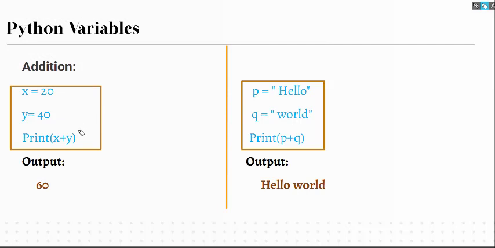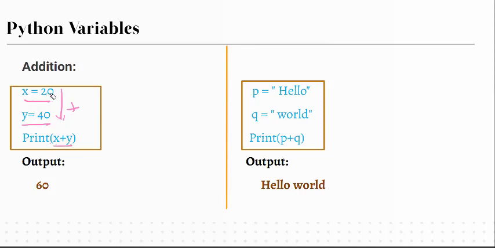Now let's see another example for multiple variables using the addition operator. Here x is a single variable assigned 20 as a value and y is another single variable assigned 40 as a value. Now add these two variables using the addition operator plus: print of x plus y.